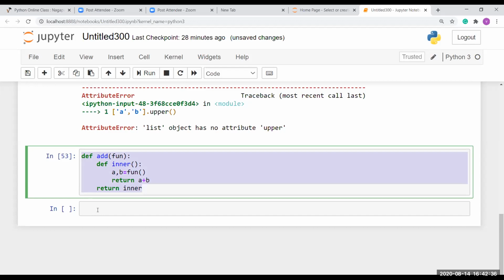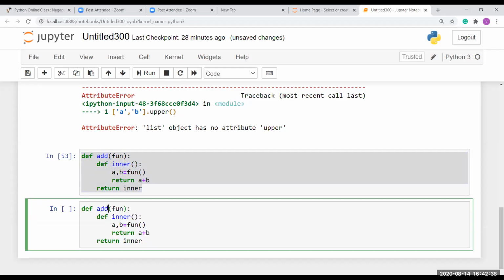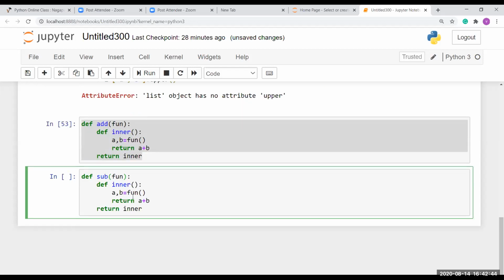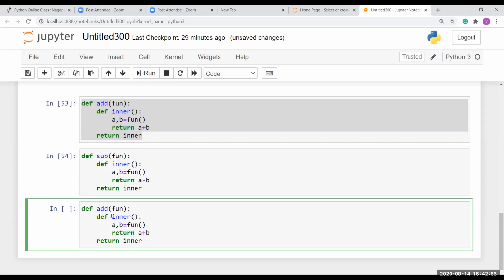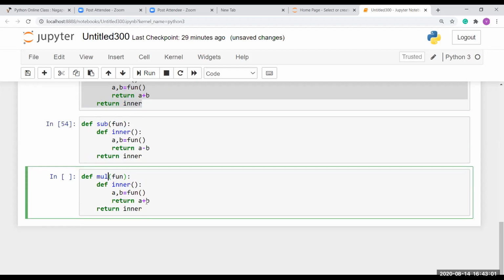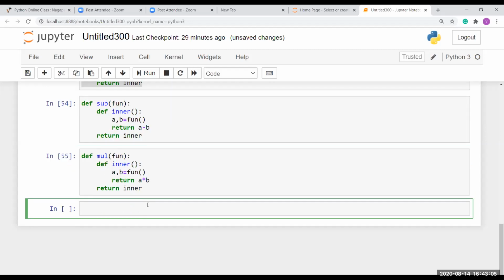Then I'm going to copy this, paste it here, and give subtract, just a sub function, and then I just change it to a minus b. Then I'm going to make multiply, mul, where I just change plus into multiply.